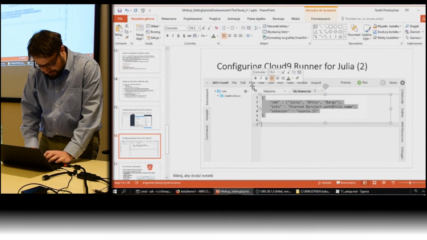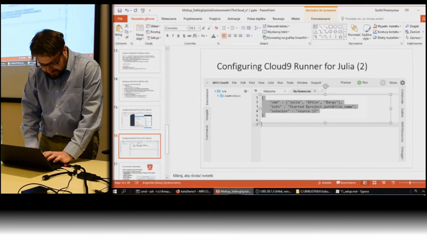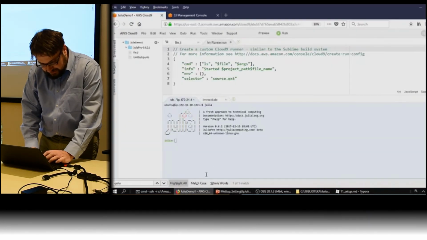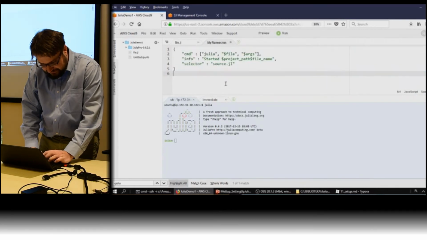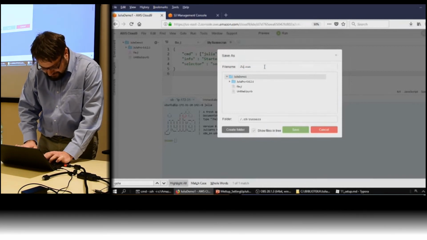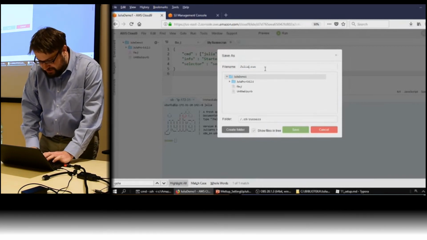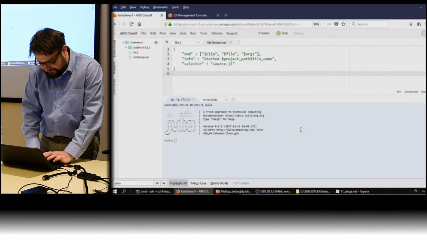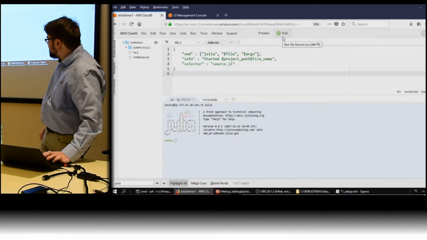Now I'm going to copy it. Again, all is available in the slides. So I'm going to copy it here. Okay, and my runner configuration has been copied. Now I need to save it, and probably the most desirable name is Julia. Okay, so this is my Julia runner. Now I click save, and my Julia runner has been created. And now if I press this run button,